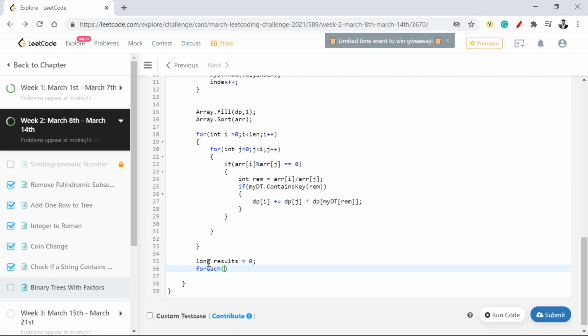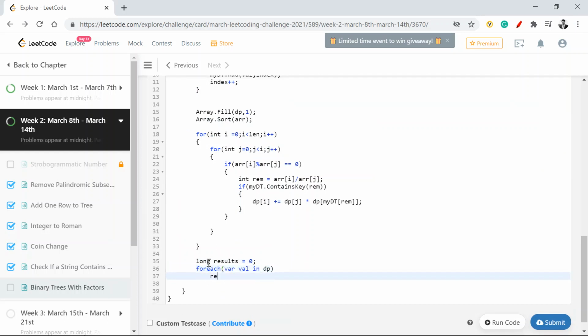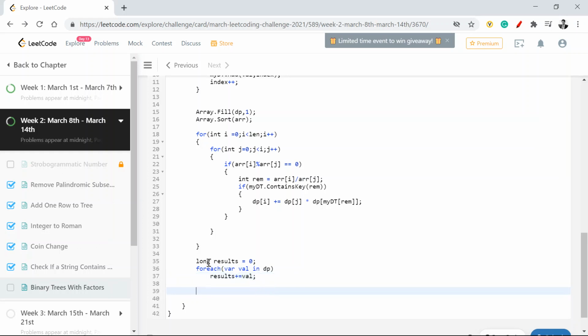For each val in my DP, results plus equal to val, but I need to return the modulo: Convert.ToInt32 of results percentage 10 to the 9 plus 7.